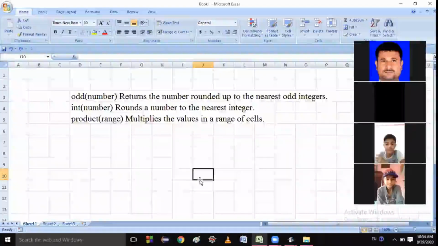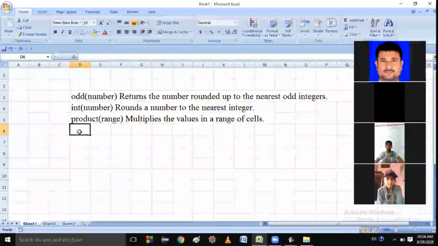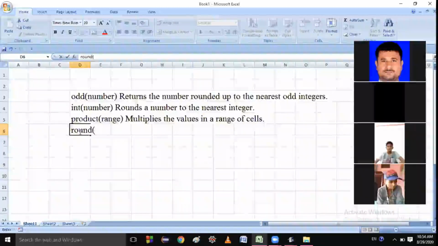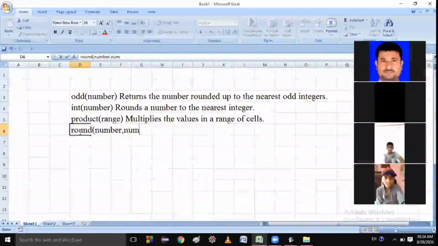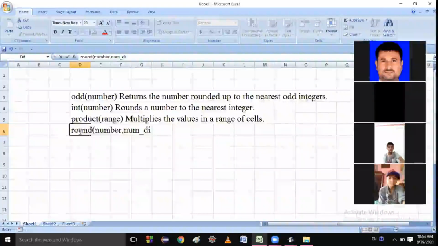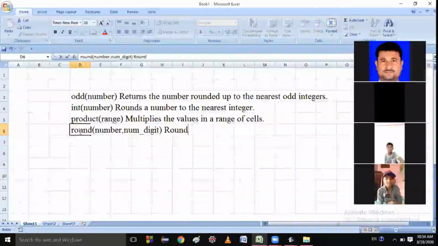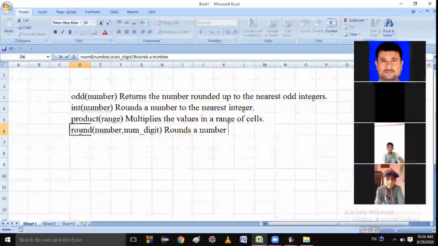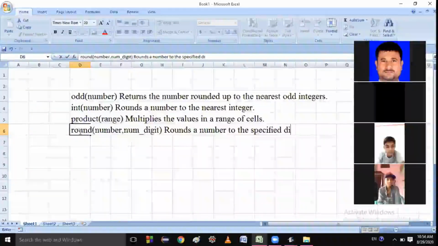So students, the next function is the ROUND function. It rounds a number to the specified digits. Let me write the function first: ROUND, and it will take two arguments, number comma NUM_DIGITS. So it rounds a number to the specified digits.